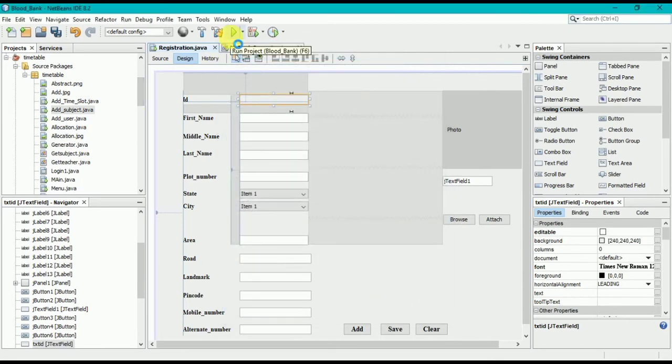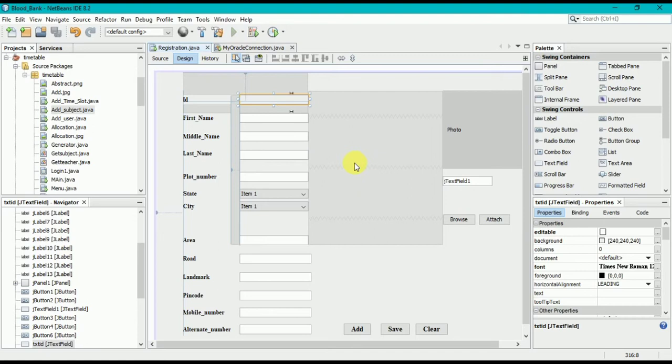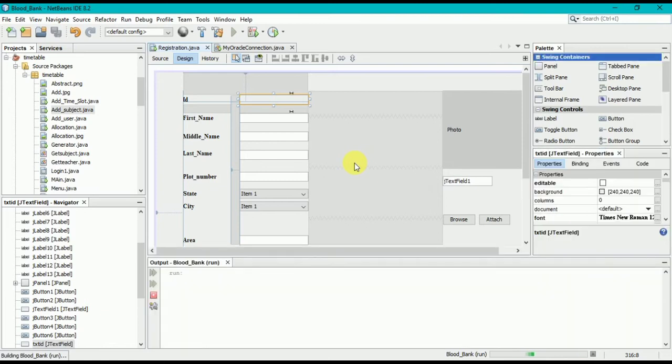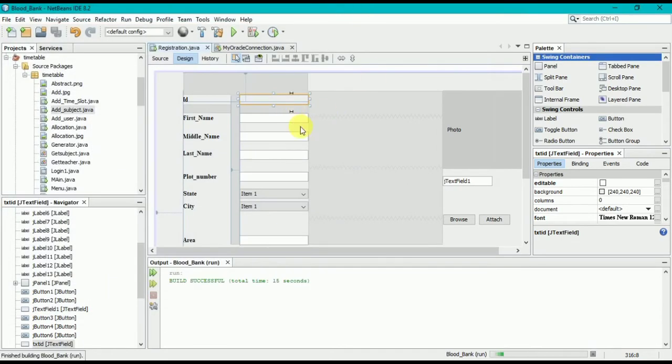And now when we run this program, you can see we can add here, here, and here, but we cannot add here because we have removed that property.